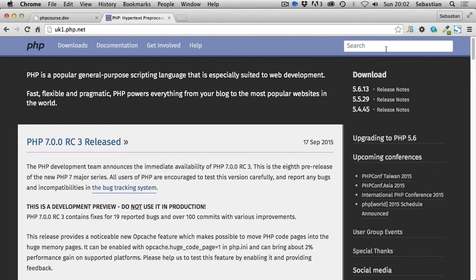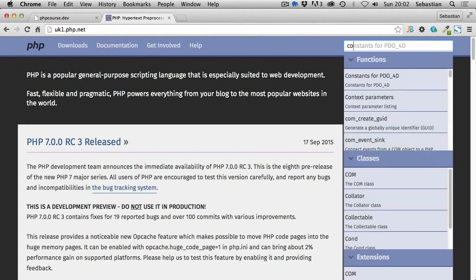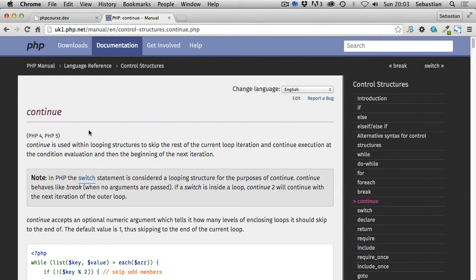Next on the agenda is continue. In a search, let's type continue. And continue is used within looping structures to skip the rest of the current loop iteration and continue execution at the condition evaluation and then the beginning of the next iteration. What that means, it's pretty much like break. The only difference is where break actually terminates the loop, if it's directly in a loop, continue will only terminate the current iteration,